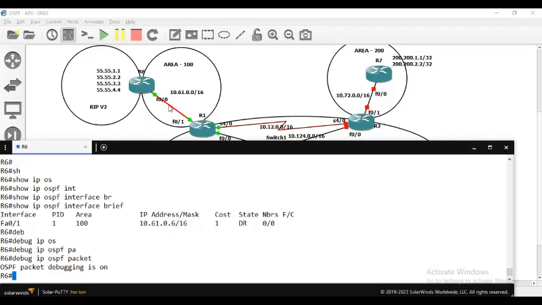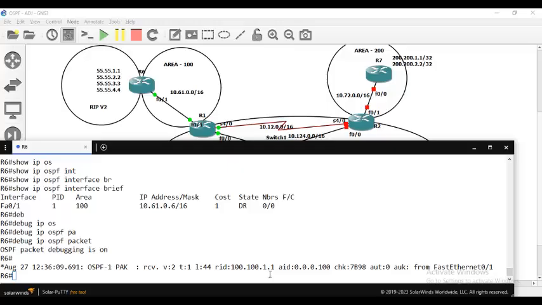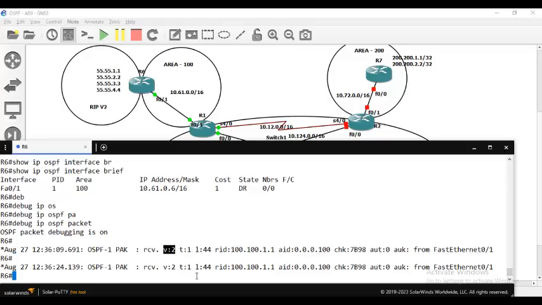Okay. Now I am expecting, as soon as I connect on F01, version 2. This is what I was talking about. Version 2 is the IPv4 version of OSPF. What is this type? Type 1. We saw there are 5 types. Type 1 is what? Hello packet. And the next is length. Length is 44